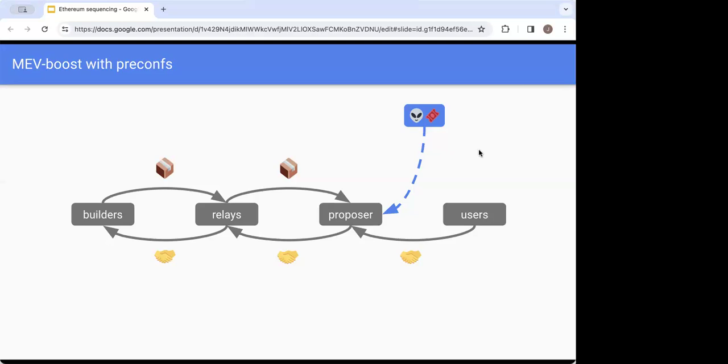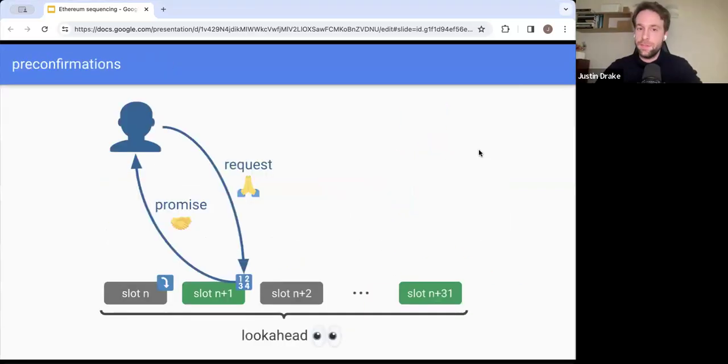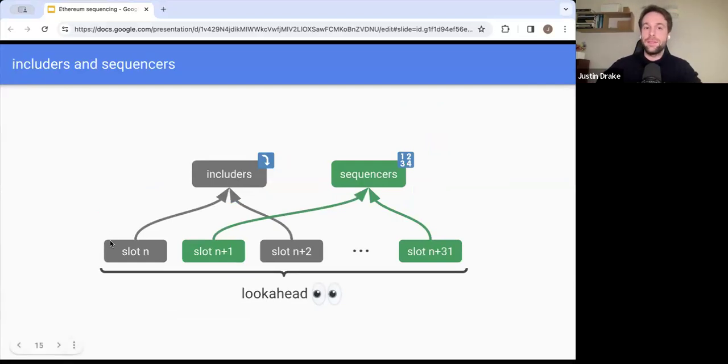Can you clarify the mechanism that you're proposing here for how the preconfer is determined? So that for sure. So we have this look ahead, right? And there's some sort of on-chain, maybe a smart contract, where people can deposit collateral, and because it's a public smart contract, everyone can see who deposited collateral, and therefore everyone can calculate who the next preconfer is. So it will be a subset of the look ahead based on some collateral in a smart contract.